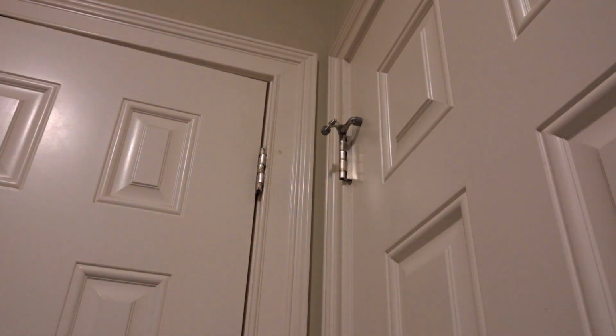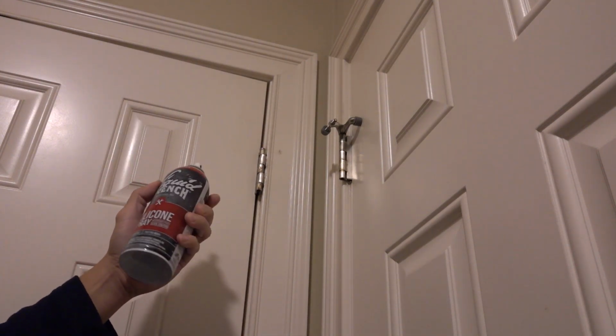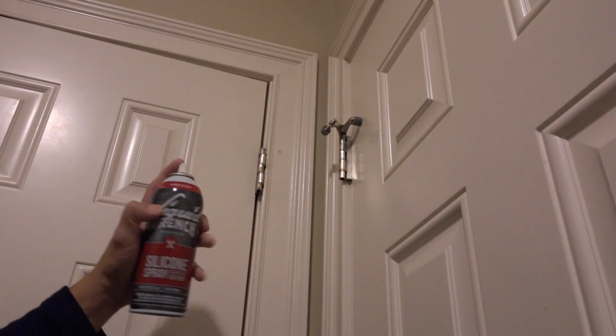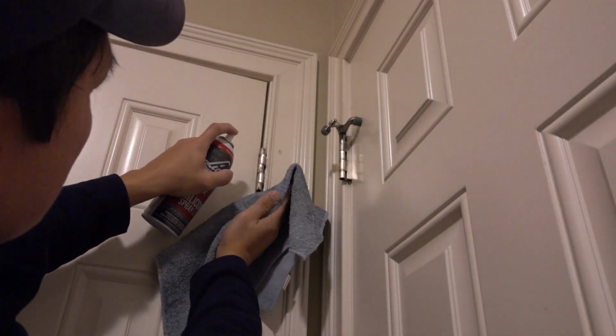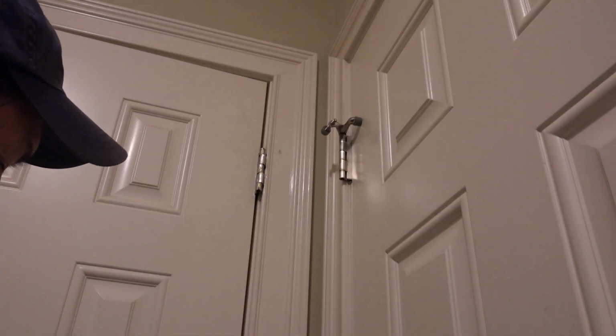Okay. Next, I'm gonna spray a little bit of silicone spray in it. What this does is it stops the door from squeaking and helps it rotate and everything. You don't want to use WD-40 because WD-40 collects dirt and it can damage the hinges. So just give it a little bit of spray. And this stuff is thicker too, and it drips a little bit, but it doesn't drip as bad. Now if it still doesn't work, you want to do the middle too, but